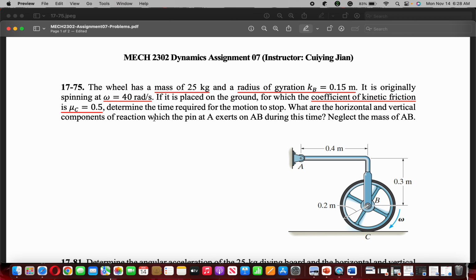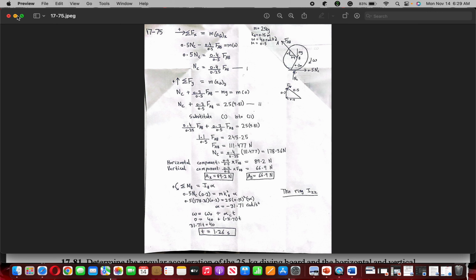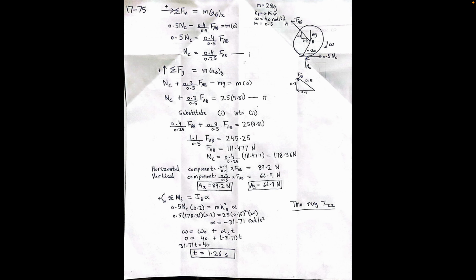components of reaction which the pin A over here exerts on AB during this time, and we neglect the mass of AB. So we have the wheel, it has different dimensions given to us from pin A and this AB connection over here, and then there's a point C which is on the ground, and the radius of the wheel is 0.2 meters. So to start our problem, we draw a diagram over here in which there will be a